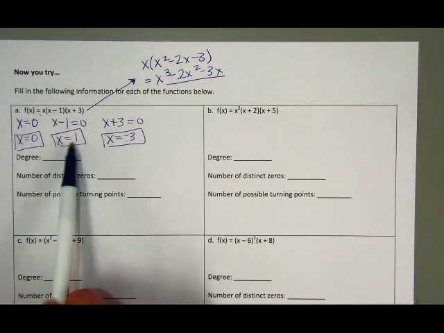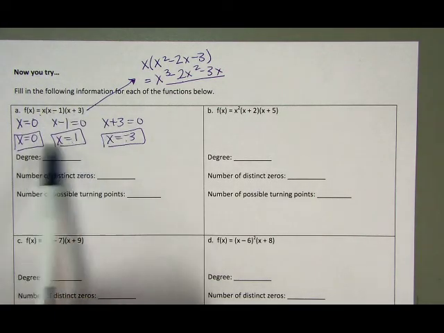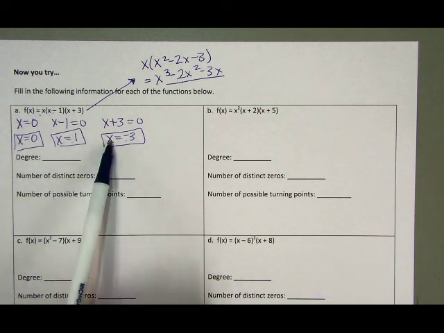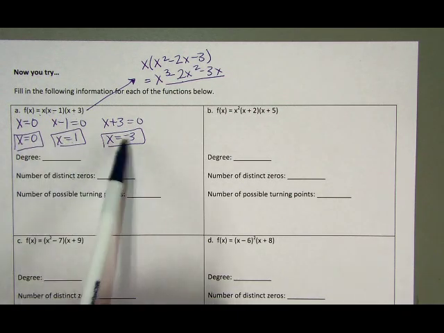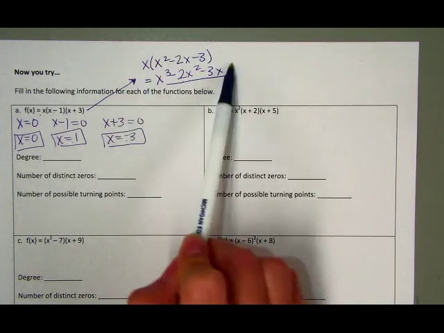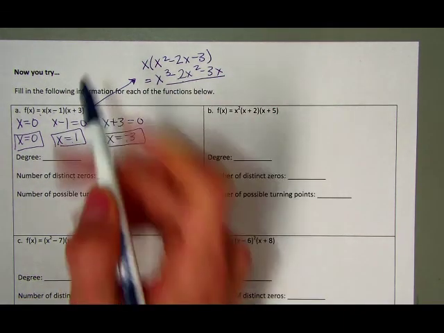But these 3 zeros, we're taking our factored forms and breaking them down, setting them equal to 0. So I know I have 3 distinct zeros here. Distinct meaning that they're all different numbers. So if I expanded this out, I know that my 3 leading x's would give me a cubic function. So my degree